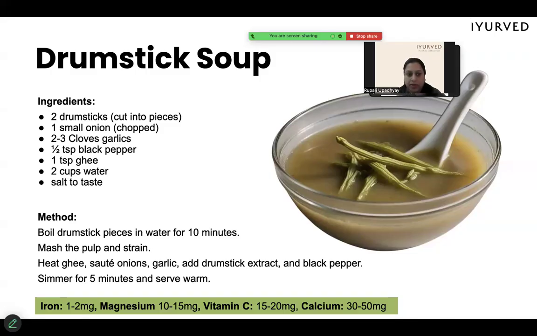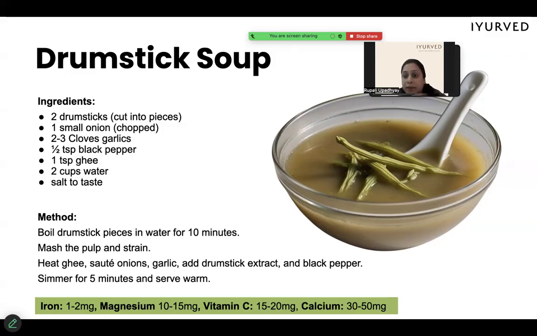और उसको मैश कर लीजिए उसके पल्प को। एंड देन थोड़ा सा घी में ओनियन को एंड गार्लिक को सॉटे करके ड्रमस्टिक का जो एक्सट्रैक्ट है उसको छन्नी में छान के आप डाल लीजिए, एंड ऊपर से ब्लैक पेपर थोड़ा सा स्प्रिंकल कर दीजिए। 5 मिनट तक इसको सिम फ्लेम पे कुक करने के बाद आप गरम गरम बच्चे को आराम से सर्व कर सकते हैं। इस एक बोल ऑफ मोरिंगा सूप से आप अपने बच्चे को 1 से 2